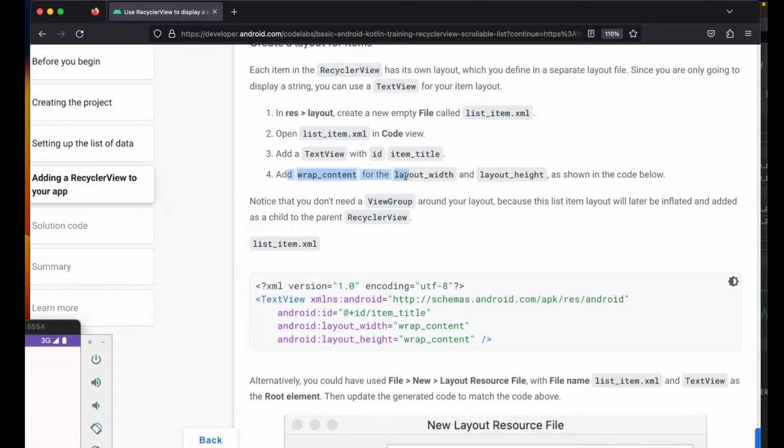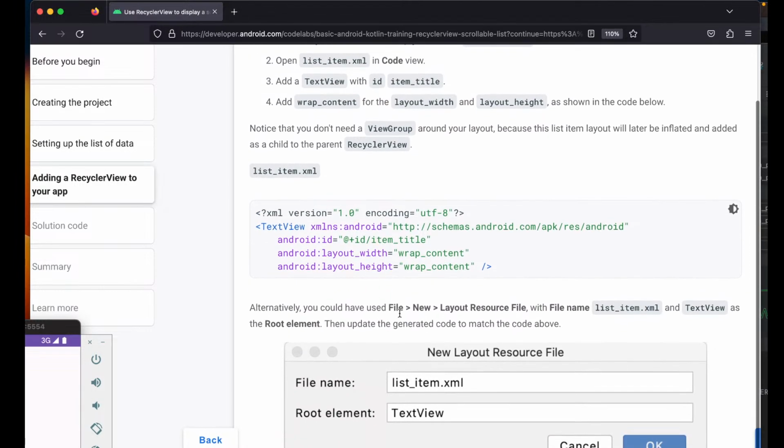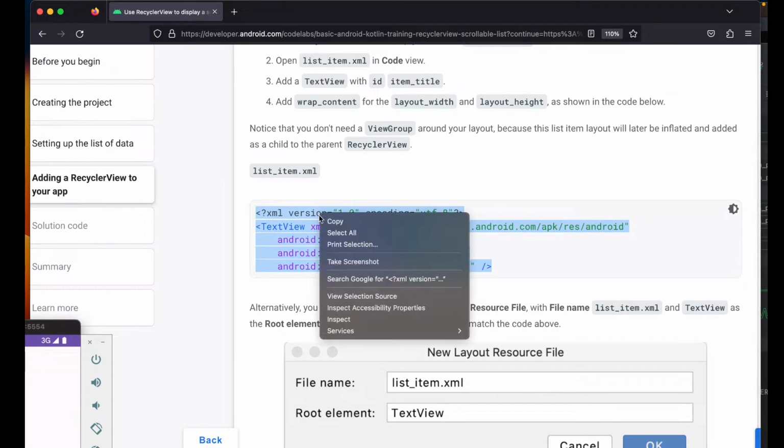Add wrap content for the layout width and height as shown in the code below. Notice that you don't need a view group around your layout because this list item layout will later be inflated and added as a child to the parent recycler view. So this code should be the code that we should have inside